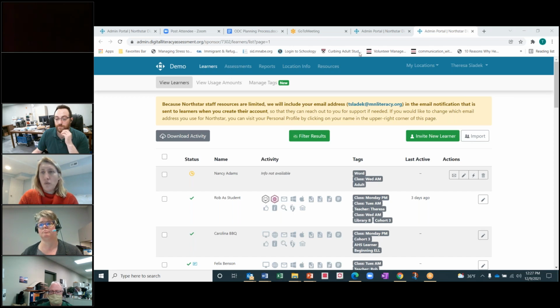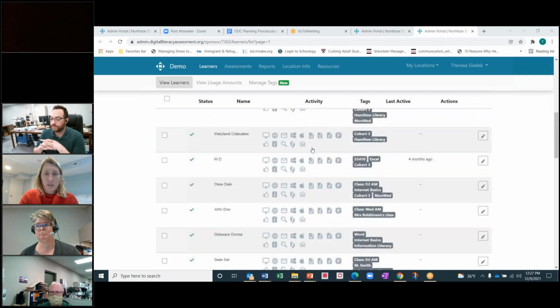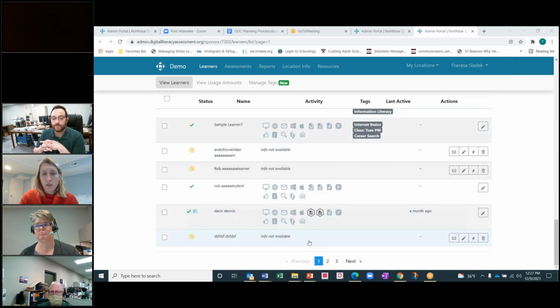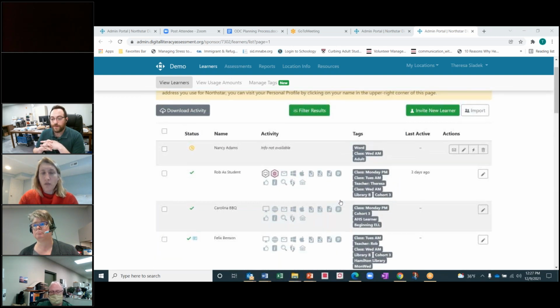The one thing that you can't do on that spreadsheet is add tags. So just to recap, the purpose of tags is to create subgroups for you to look at. So right now, if you look at all the people I have as learners, I've got 3 pages of learners. Now maybe I'm a teacher and instructor and I only want to look at those that are in my class. Or maybe I'm interested in the